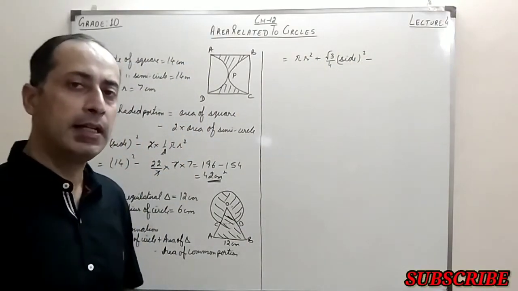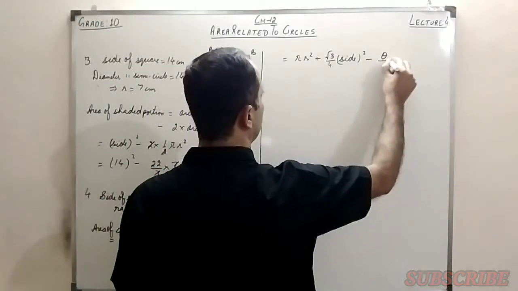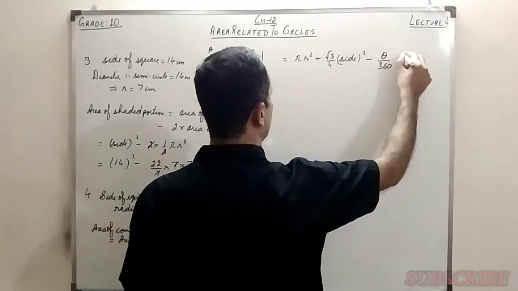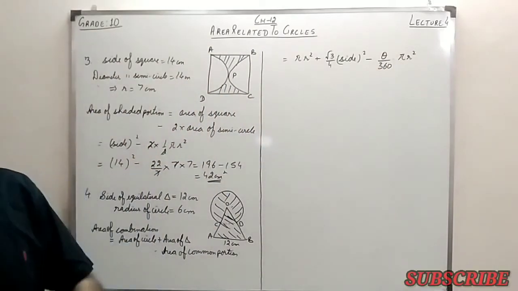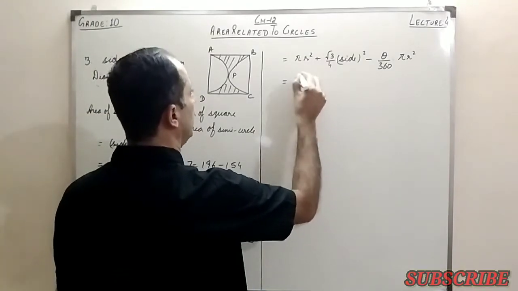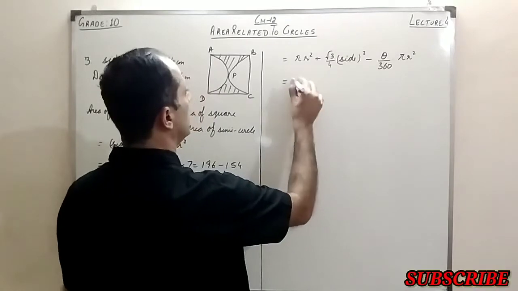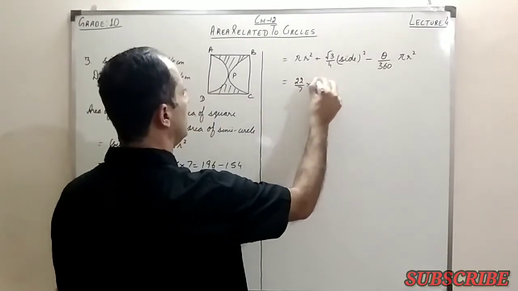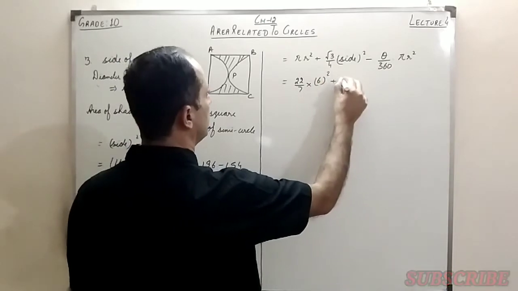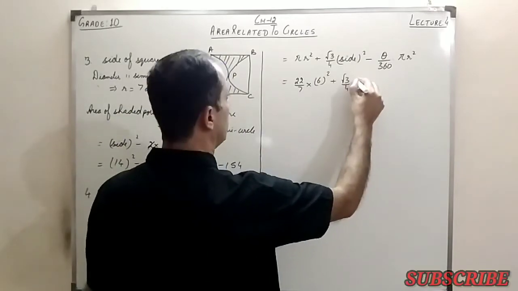The common portion formed here is basically a sector, and the area of sector is theta by 360 into pi r square. So let's substitute the value of the angle here. The value of pi we have to take here is 22 by 7 only. There is no change in that. So this is 22 upon 7 into 6 square plus root 3 by 4 into 12 square